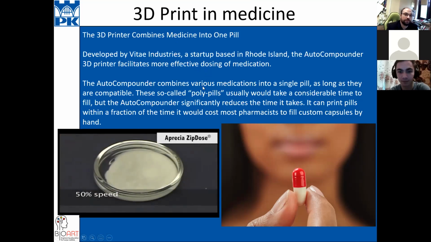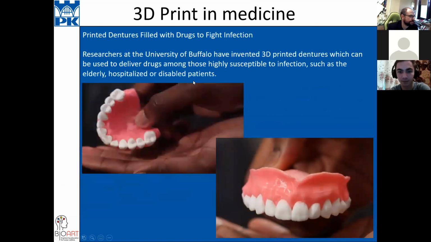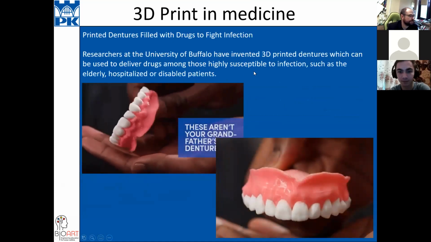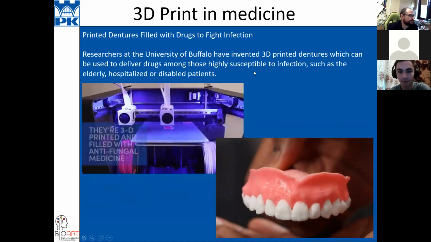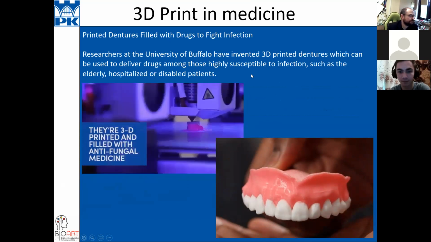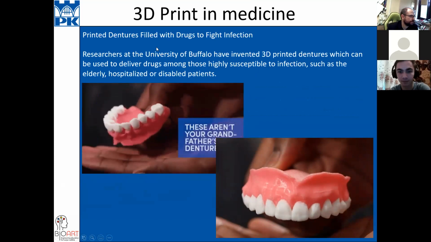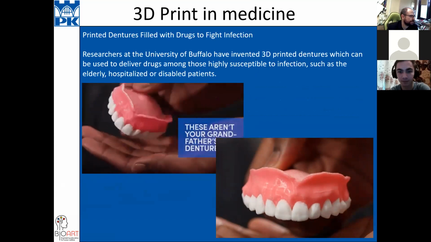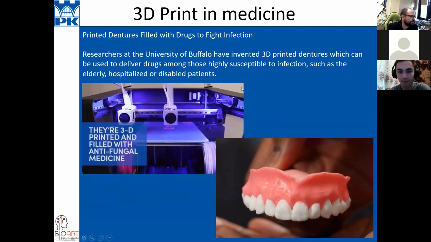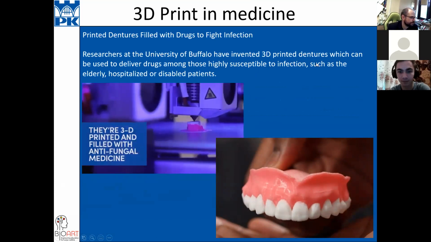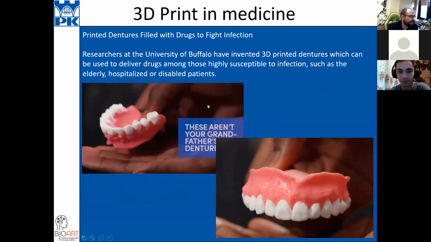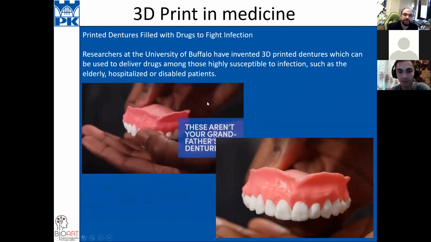It will be pills for you, for example. This is a very nice sample of using printing in medicine. The company from United States, from University of Buffalo, they want to print these kinds of elements, and they want to put some medicine inside.